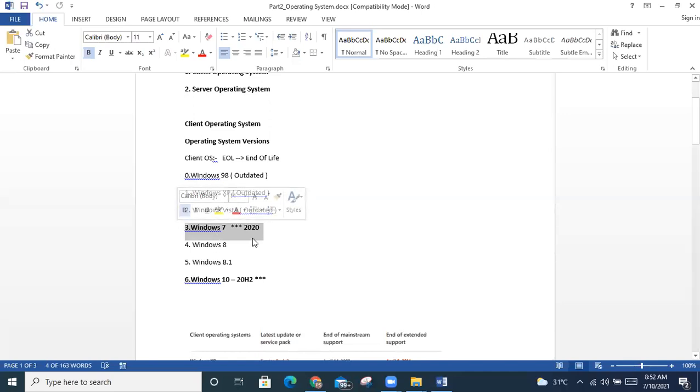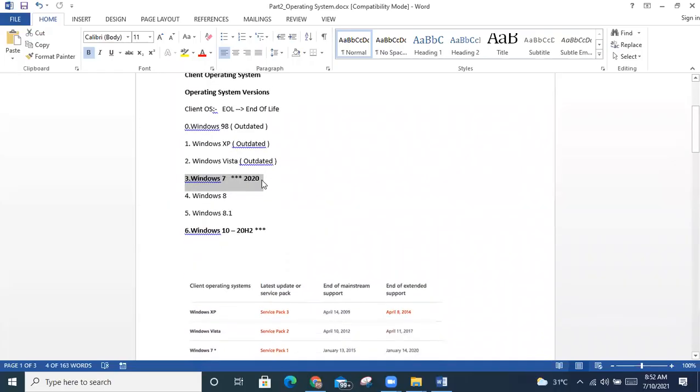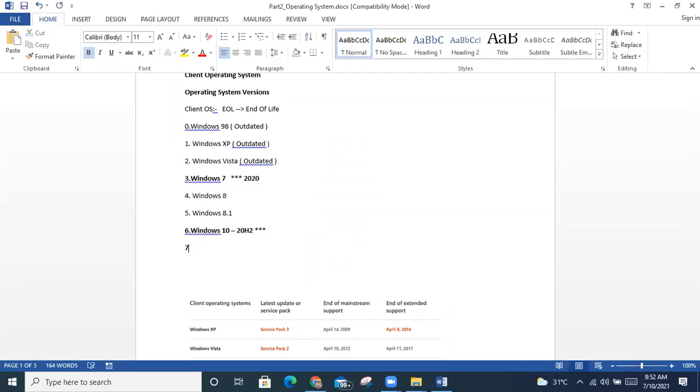Like in 2020, Microsoft announced that the product is no more. So Microsoft officially will not release any patches to this product or support this product. If you purchase some extended license key and all, they will support it for some time, even for Windows 8, 8.1, and Windows 10. Even now, Windows 11 is released from Microsoft. Correct?